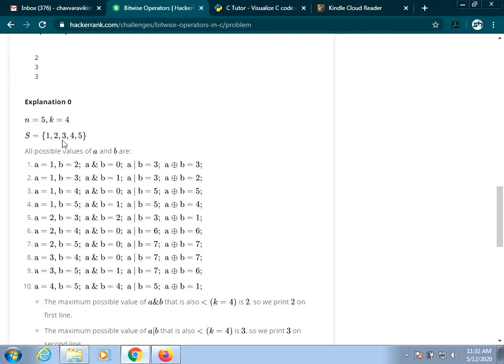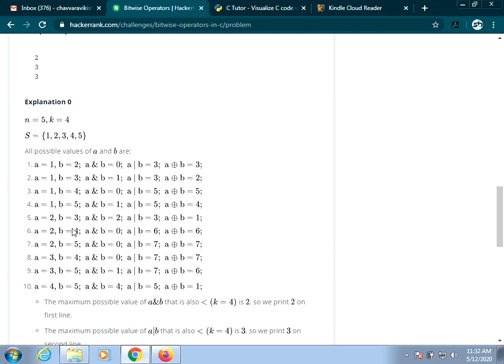In the same manner, take A value as 1, B value as 3, perform AND operation, and you will be getting the result 1. In the same manner, you have to perform AND operation with 1 4, 1 5. After that 2 3, 2 4, 2 5, next 3 4, next 4 5. So you have to perform AND operation for each and everything.